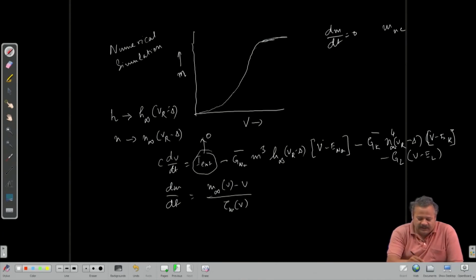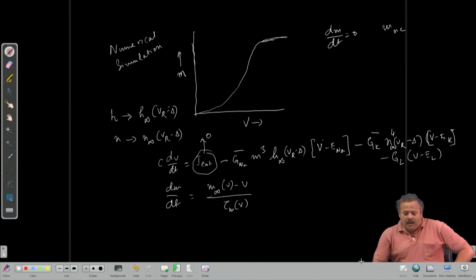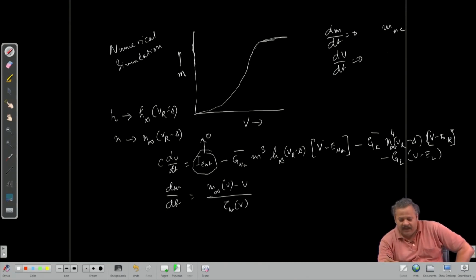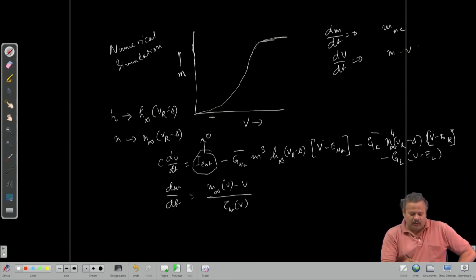Similarly, we can have the dv dt equals 0 null line set out as m as a function of v, which we had earlier shown to look somewhat like this, where we have two particular